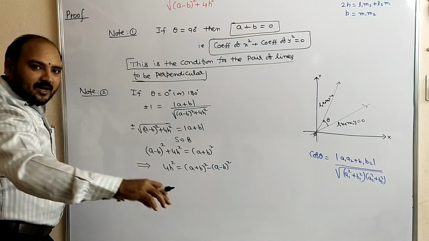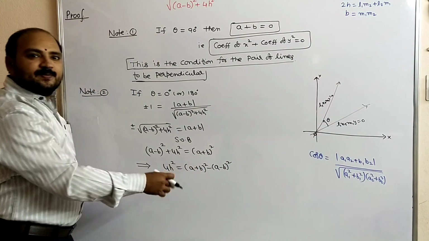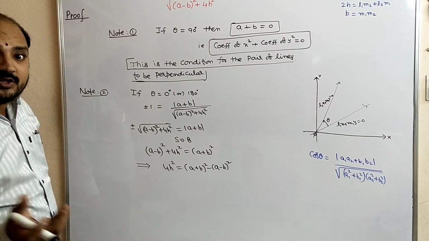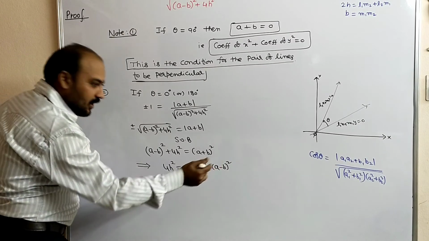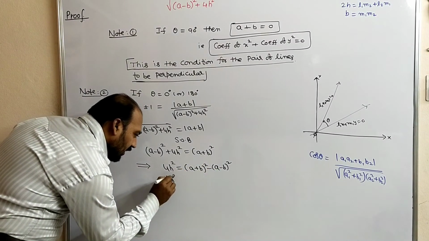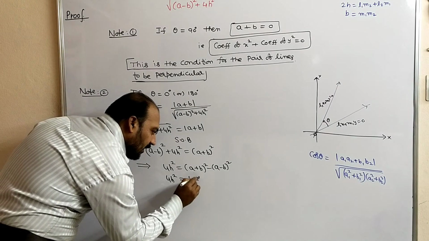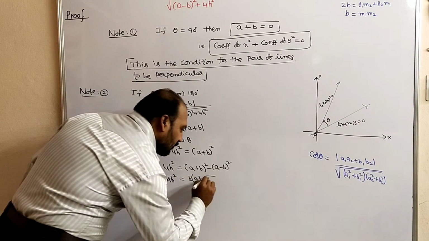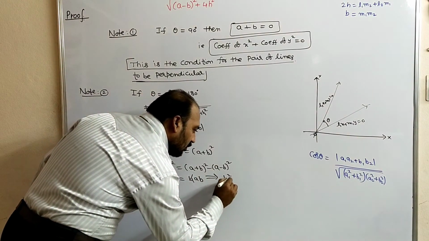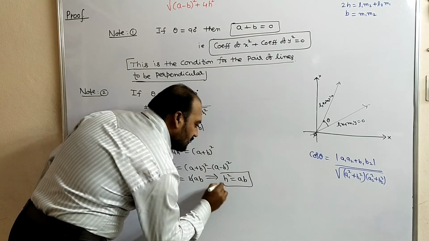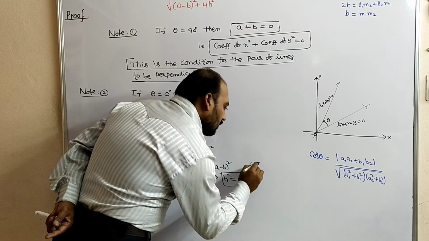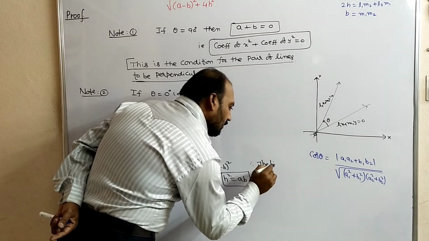We know in algebra formulae, (x plus y) whole square minus (x minus y) whole square is 4xy. So in place of x comma y, a comma b is there. So 4h square equals 4ab. The 4 gets cancelled. That implies h square equals ab. This is the condition for the lines to be parallel